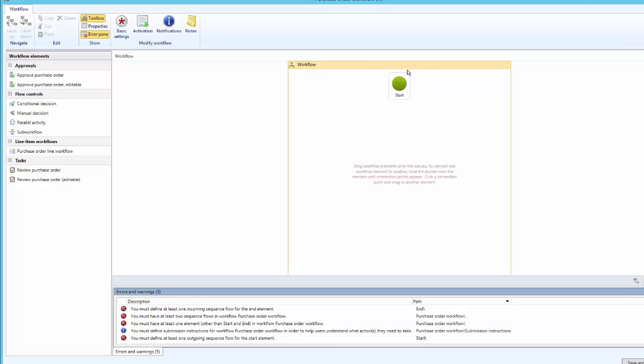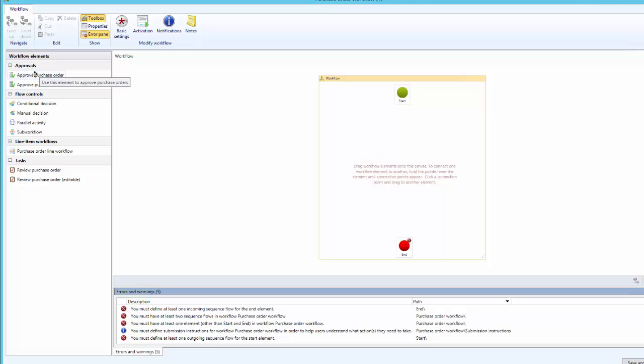So here we have a start stage, and if we go a little down, we have an end stage. We will zoom out a little so that we can see both stages, and we will add one more stage in between, and that's the approval. Click on Approve purchase order. This will come by default when we use a purchase order workflow template, so we can edit here. Just simply drag and drop here,